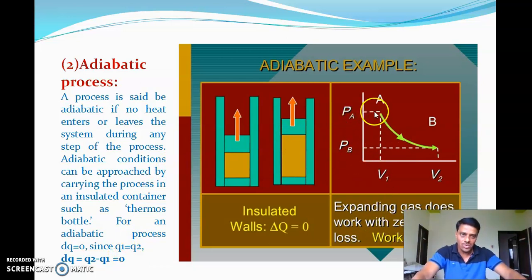Okay, this is the system in its initial state and it is converted into the final state, that is, A is converted into B. A is the initial state of the system, B is the final state of the system. Here changes occur. While converting from A to B, the pressure of the system changes from PA to PB. PA is the pressure of the system in its initial state, PB is the pressure in the final state. Similarly, V1 and V2 are the volume of the system in the initial state and in the final state. But though the pressure and volume are changing during the process, heat energy remains unchanged. That is why this process is called an adiabatic process, the process in which delta